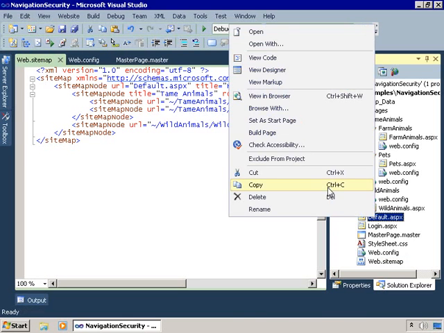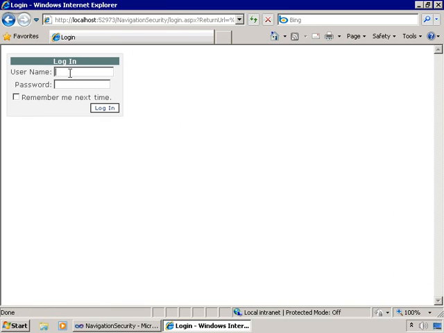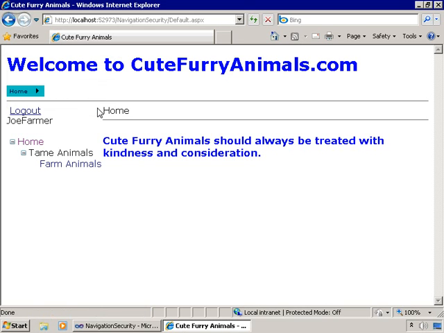So I'll go ahead and save that and run the application again. I'll log in again as Joe Farmer. And now I'm able to see the tame animals node and can get down to the farm animals